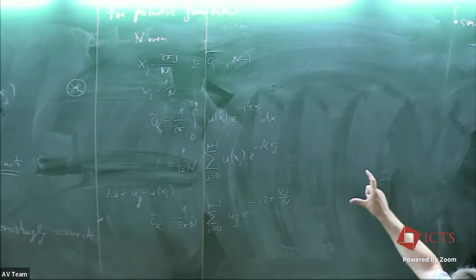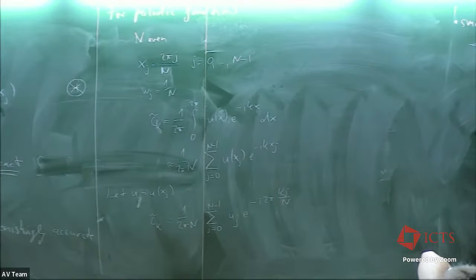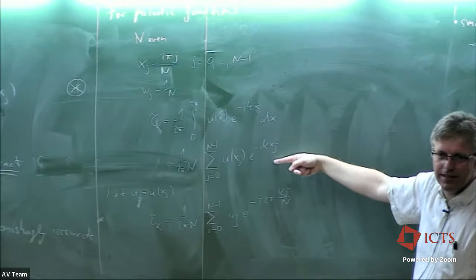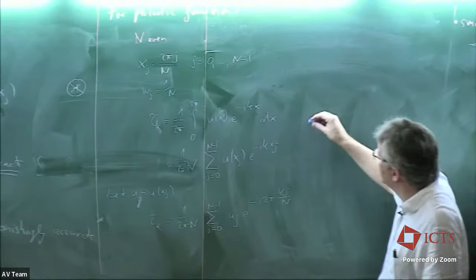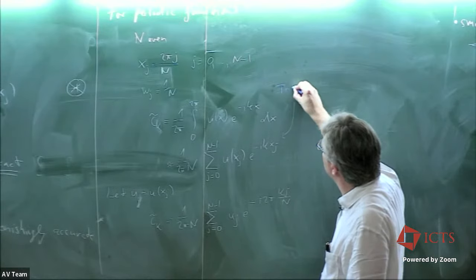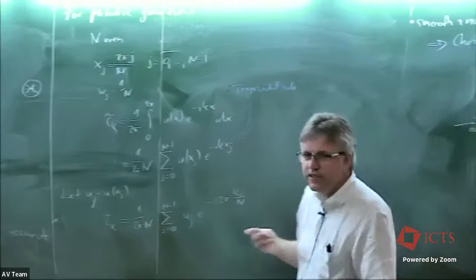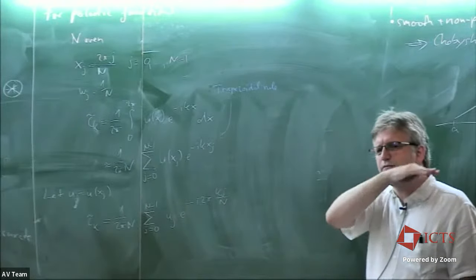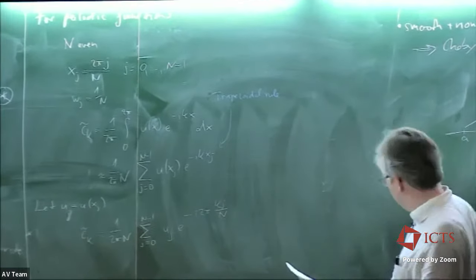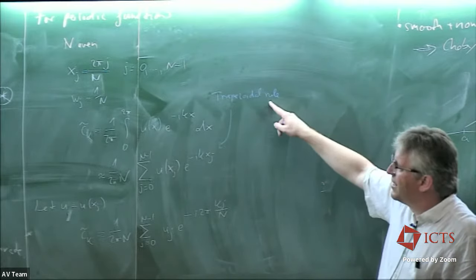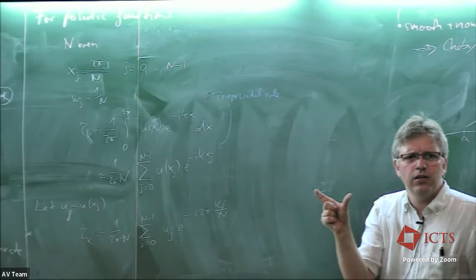So at that point, I want to make two remarks. The first remark is, what I did from here to there is good old trapezoidal rule of integration, or perhaps even just square rule. I don't really know the names. And this typically has an error that goes like your delta x to the second power.